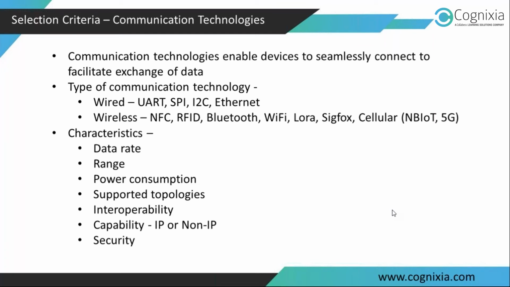For example, NFC offers you a range of hardly a few centimeters. Okay, Bluetooth and Wi-Fi, they offer you ranges in meters. Okay, LoRa and Sigfox, they offer you ranges in kilometers. And cellular, obviously, it's almost ubiquitous. It's everywhere. It will offer you connectivity across the globe. So now, obviously, when it comes to selection of a communication technology to enable